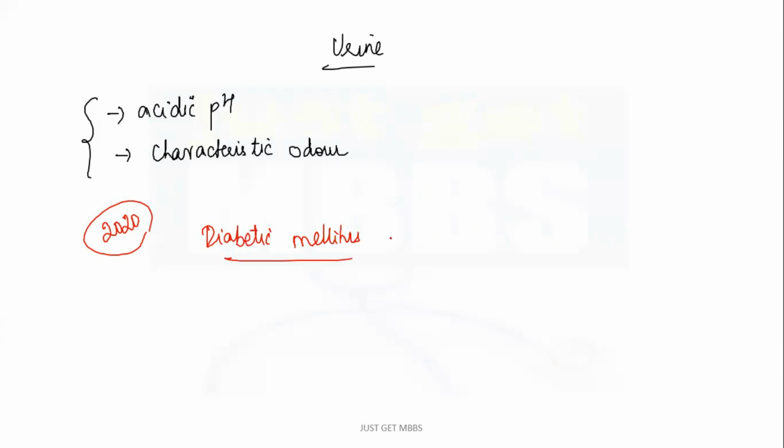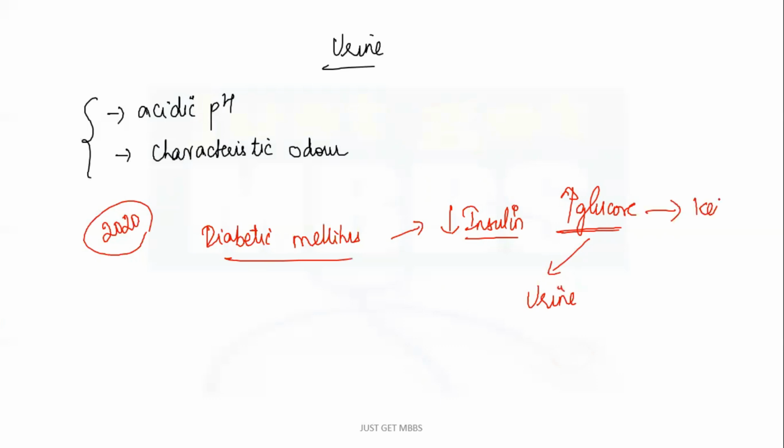What is this diabetes mellitus? Diabetes mellitus is a glucose homeostasis disorder characterized by decrease in insulin secretion, right? So there is going to be more glucose in the blood. This is called diabetes mellitus. So during diabetes mellitus, there is increased glucose. Now, this has to be eliminated by our body, right? So what will happen is this glucose will either be excreted in the urine or sometimes it will be converted to ketone bodies.